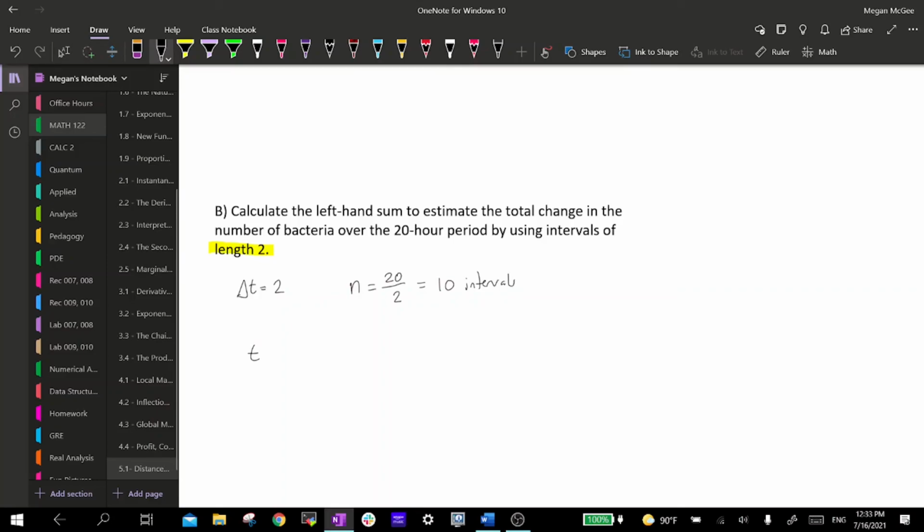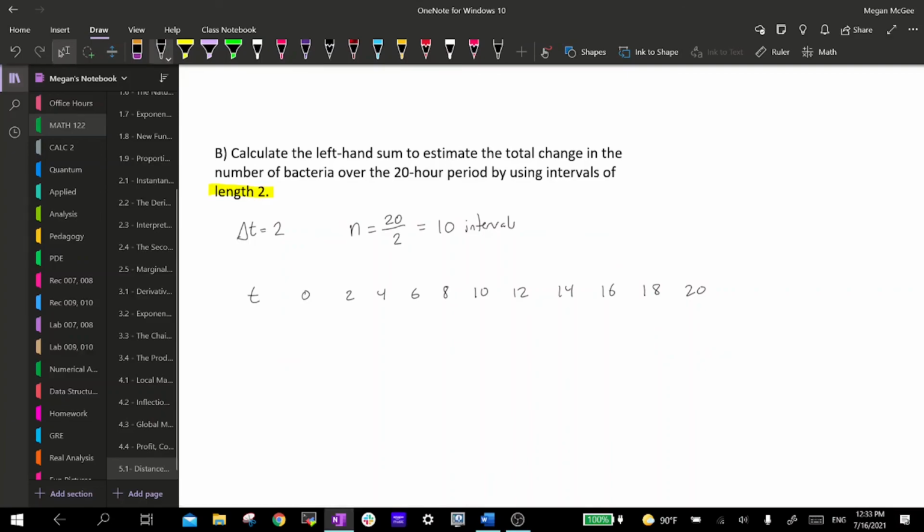So our table is going to go 0, 2, 4, 6, 8, 10, 12, 14, 16, 18, and 20. And our rate values,